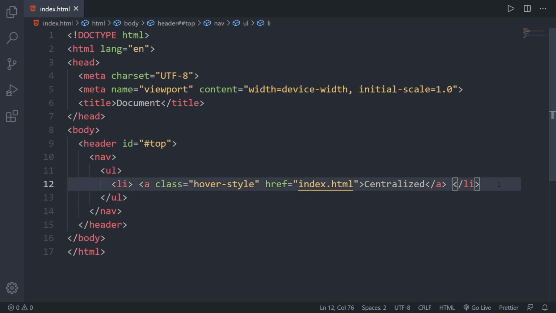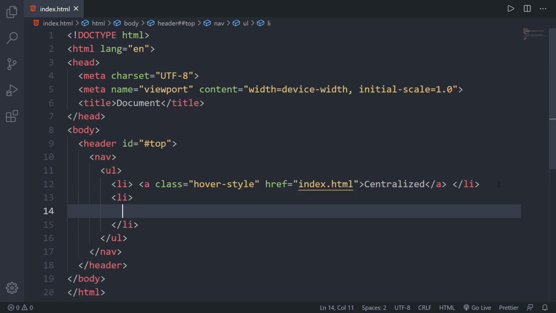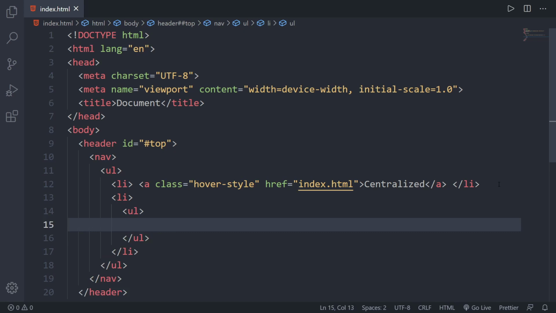And now we have another list item, and inside of this list item we can have another unordered list, and inside of this unordered list we will have more list items. Inside of a list item we of course will have an href element, which is going to be a link. As of now our href can be empty.